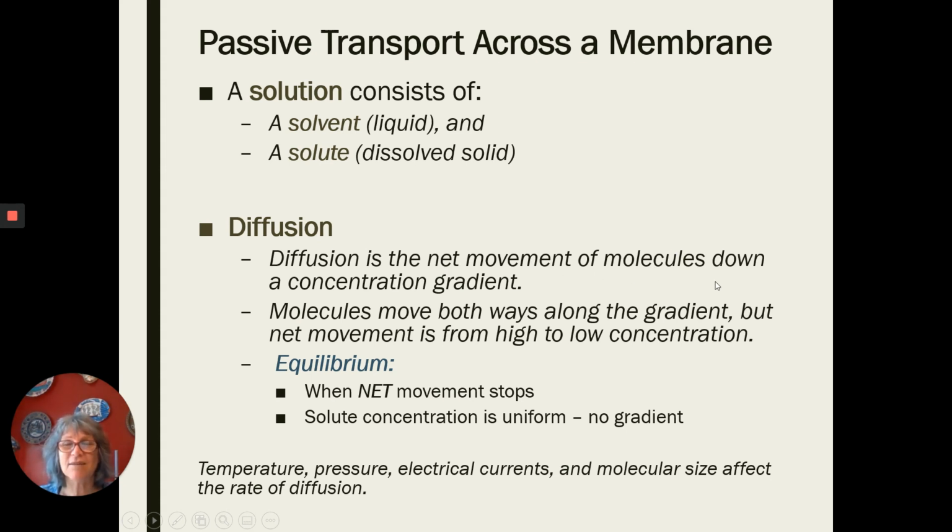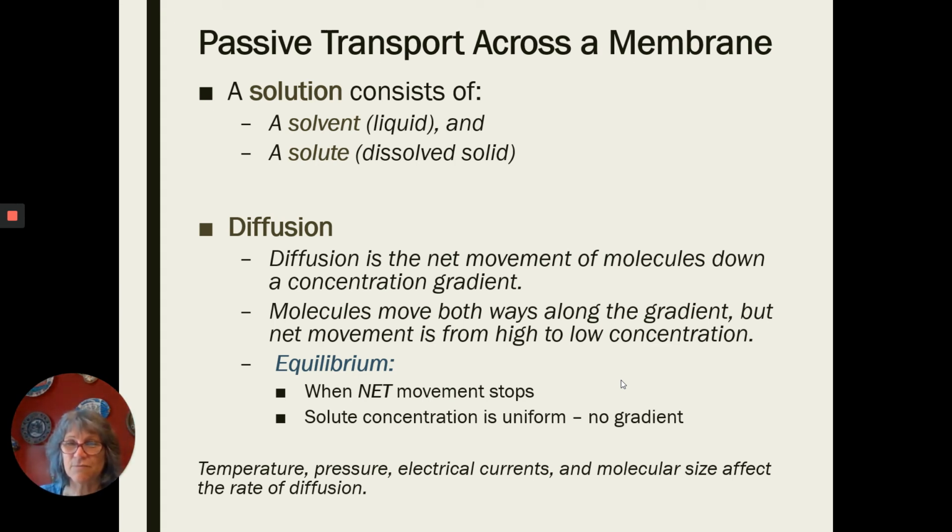Diffusion is the net movement of molecules down a concentration gradient. So net movement is from high concentration to low. Molecules can move both ways. So even though this is where the concentration is higher, molecules of food coloring as a whole are moving to the lower concentration up here. But it's not one way. Every now and then a food coloring molecule might move down into here. So we're not only moving one way, but the net movement, the overall total movement, is from high concentration to low concentration